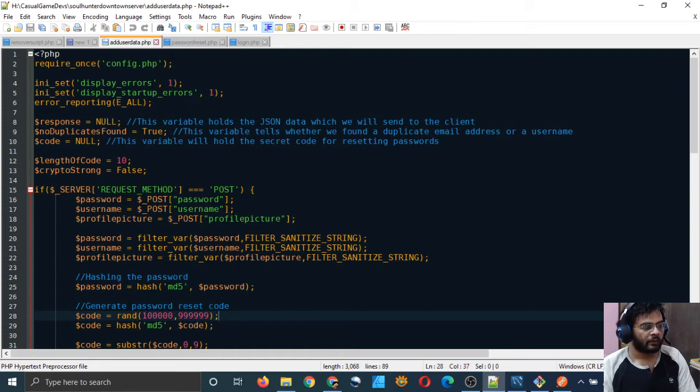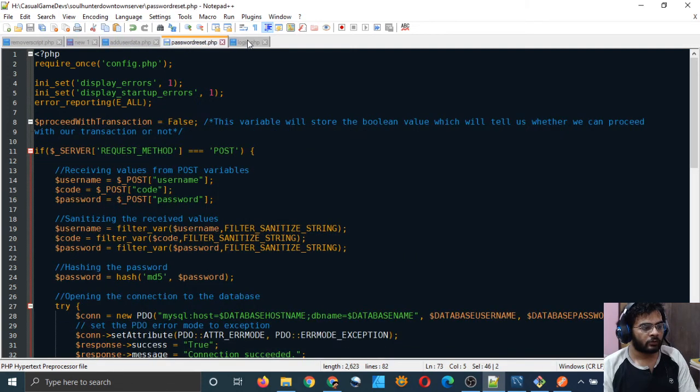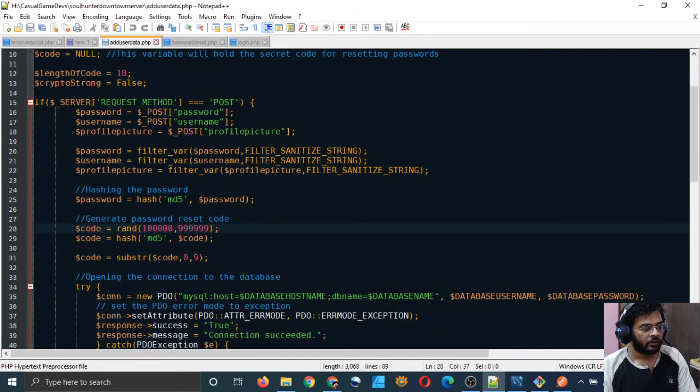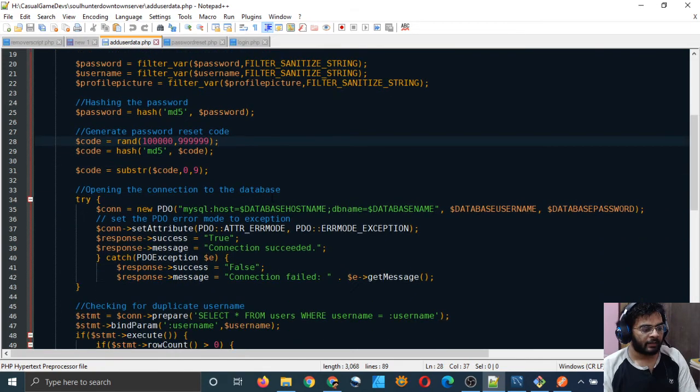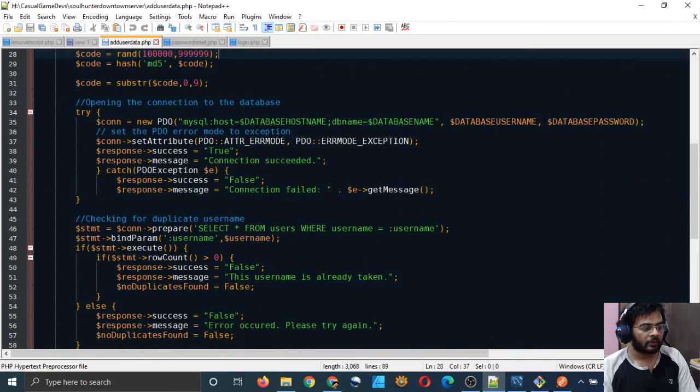So in our add user data, first we have to do this in all three. We are receiving three values here and none of them should be null. We should check that, and then only proceed.